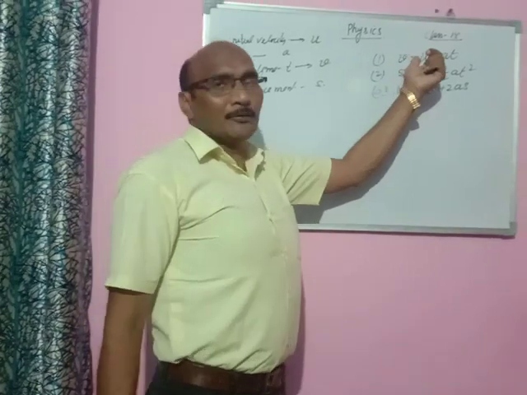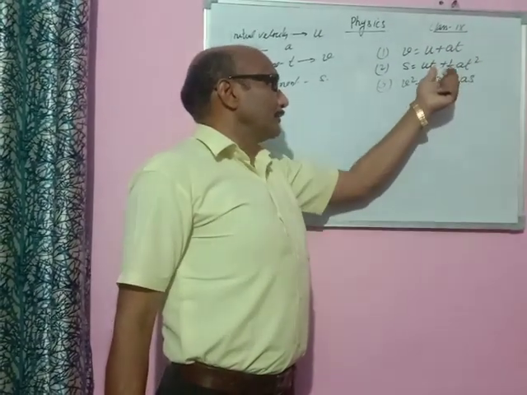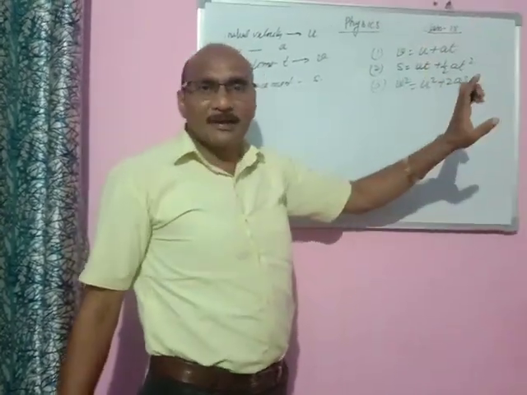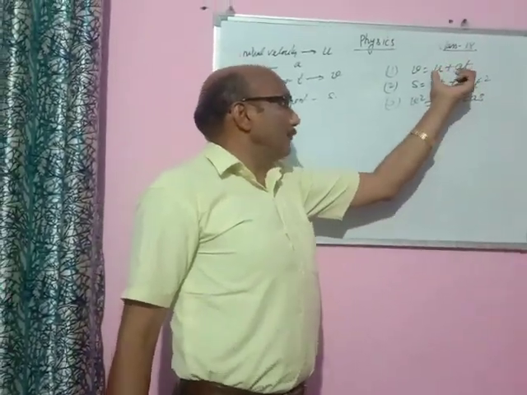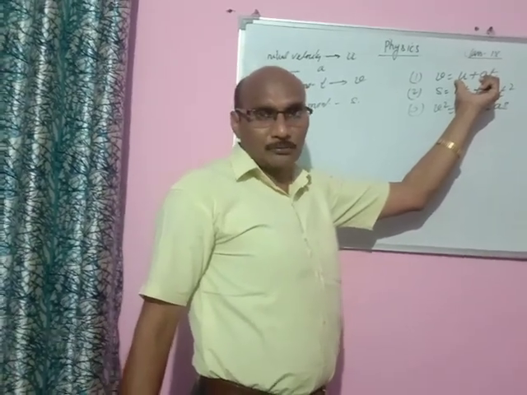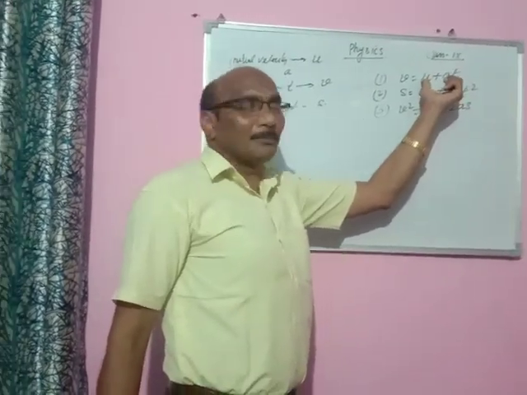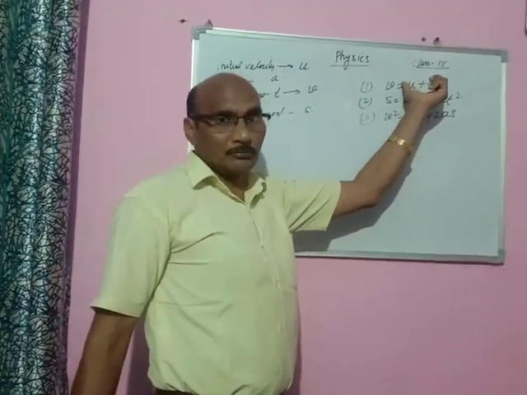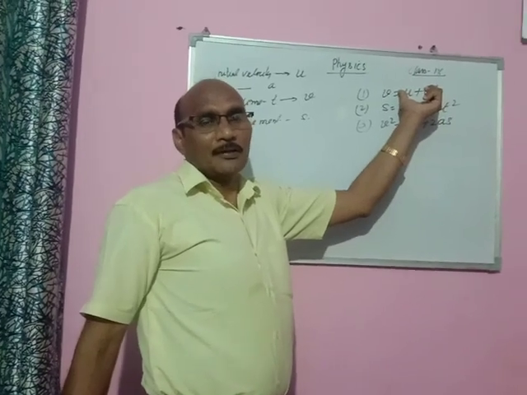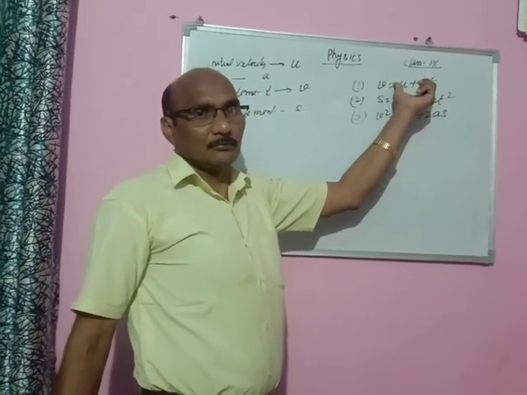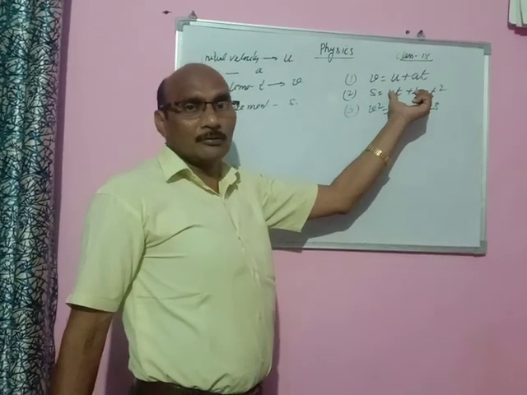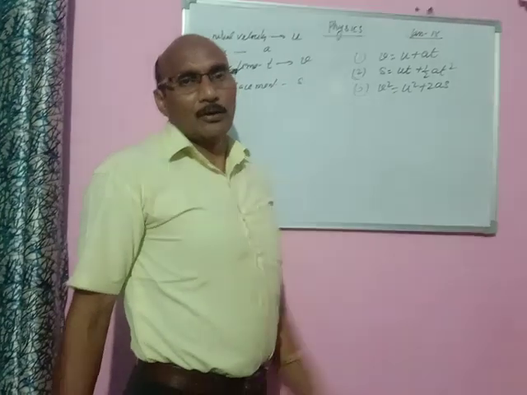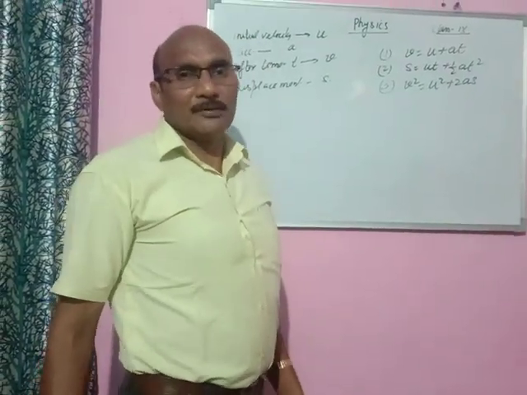These are not simply three equations of motion; they are called the first equation, second equation, third equation, because they are written in serial order 1, 2, 3. Whatever the serial, that is the name of the equation. Whether the equation is written at the third place, second place or first place is not the question. This is always the first equation of motion, this is always the second equation of motion, and this is always the third equation of motion. Okay, now we will derive the equations of motion.